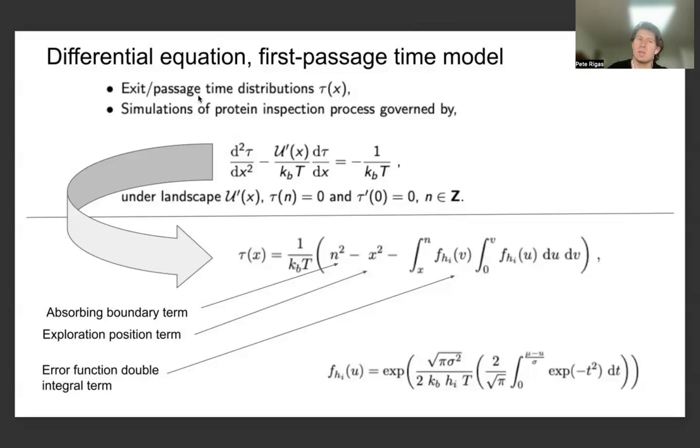And as we were saying in the first bullet point, we want to look at the exit or passage time distributions tau of x. So we're thinking about if we have a CRISPR-Cas enzyme or other types of enzymes which can inspect either some type of molecular environment or be looking to target certain portions of an RNA or DNA molecule. And from this inspection phase, there exist many types of complexities for people in the genomics areas and other